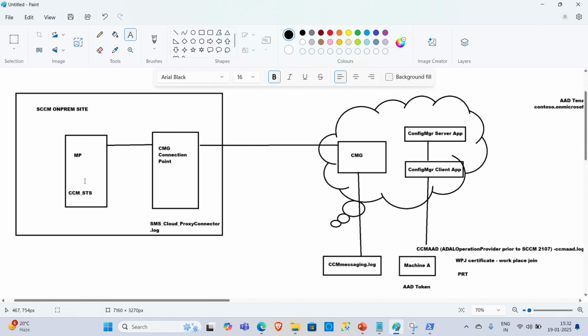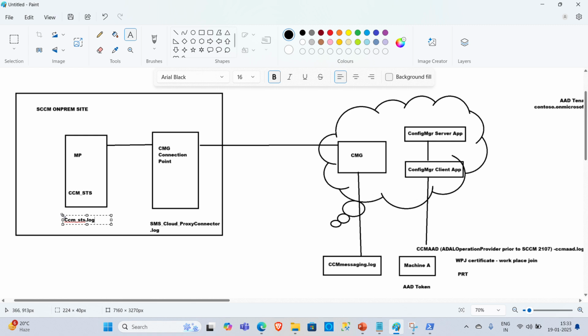The corresponding log file is obviously CCM underscore STS dot log, that needs to be checked on the management point. So we can check this log file, and we'll be able to see